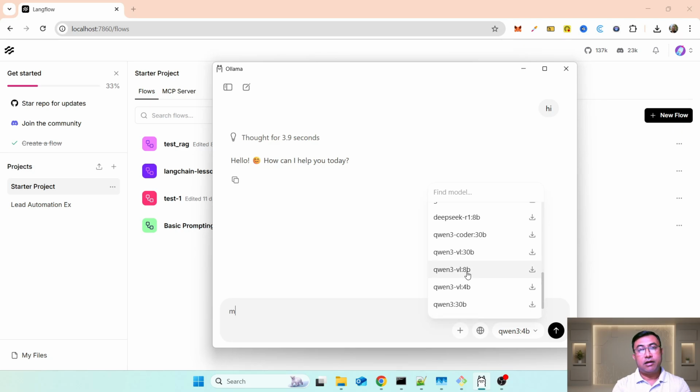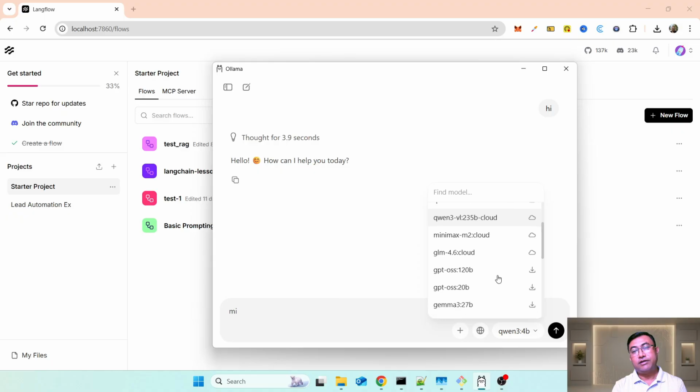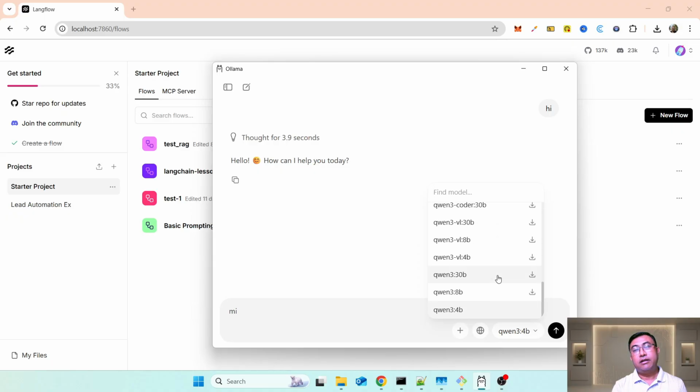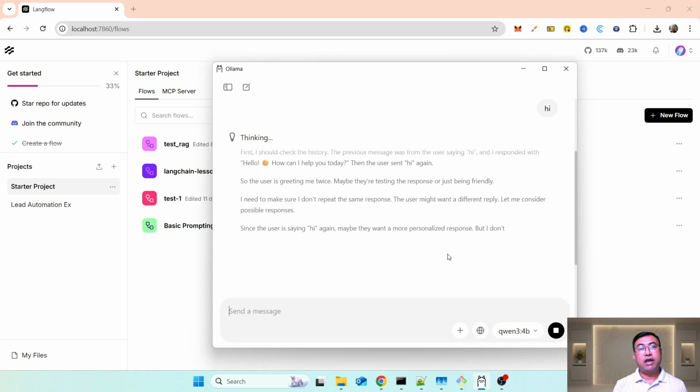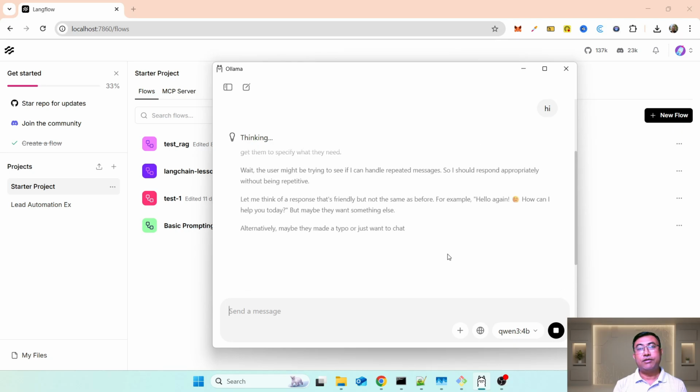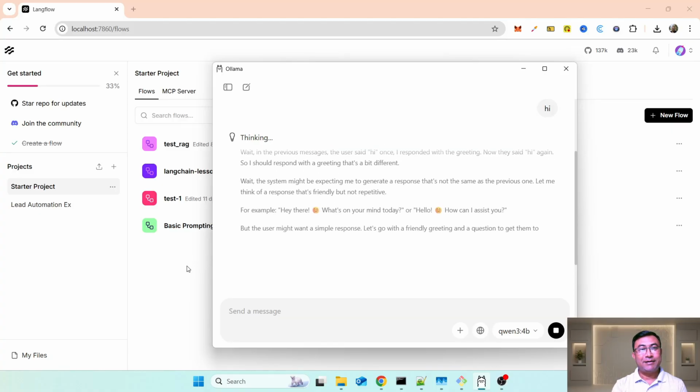Gemma is there. Let me see. Yeah, MiniMax is there. So whatever model you want to use, you can just grab it. In my case, I have downloaded a 3.4 billion parameter model. Let me see. So it is answering, right? Anyway, let us see